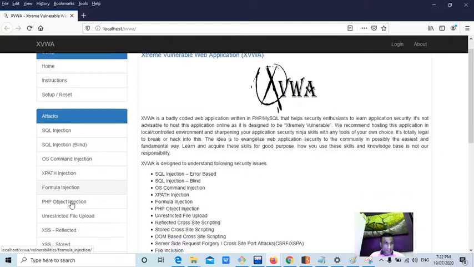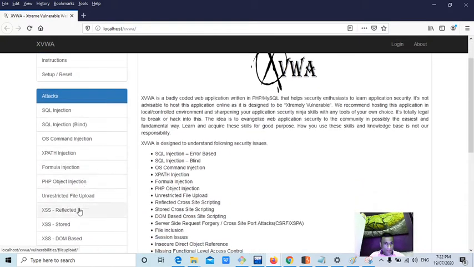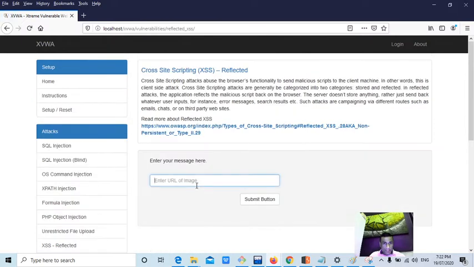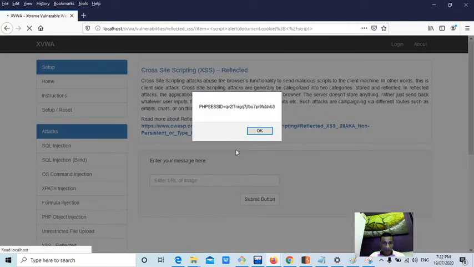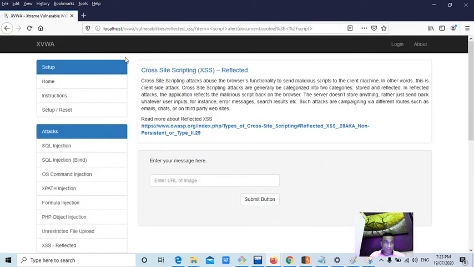Then what happens if the application is vulnerable to cross-site scripting? Then he will try to execute scripts like alert document.cookie. I'm just showing a pop-up for ourselves. The attacker can steal it in the backend too. Can you see, guys? It is printing the session ID because the HTTP only is not set. If the HTTP only was set, then this will be completely blank. Nothing will be shown. That also I will show you now, guys.